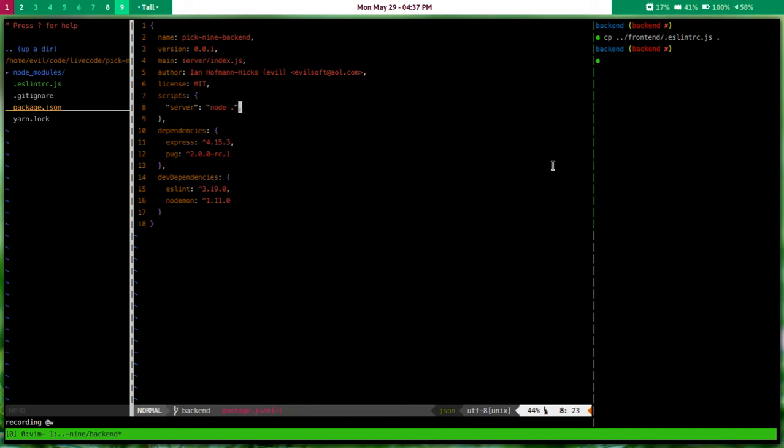We don't need this trailing comma. Well, actually we do, because now we need to set up our dev. Now dev is going to use nodemon to instantiate. So this way when we run yarn,